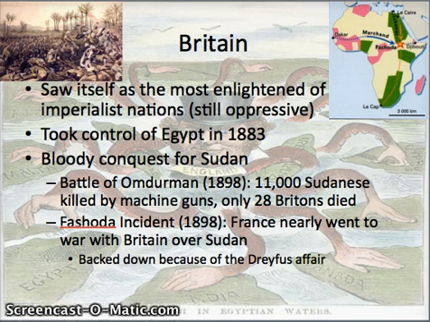You're going to see that the Sudanese people are going to try to stop England from coming in and occupying their territory. But this shows us how militarization is such a prominent force in the success or the failure of imperialism. In this instance, the British are very successful. They have the power of machine guns on their side. And so at this battle of Omdurman, they actually kill 11,000 Sudanese under the leadership of General Horatio H. Kitchener, and only 28 Britons died. All right, so this shows us that the Battle of Omdurman over the Sudan was a virtual slaughter of the Sudanese.